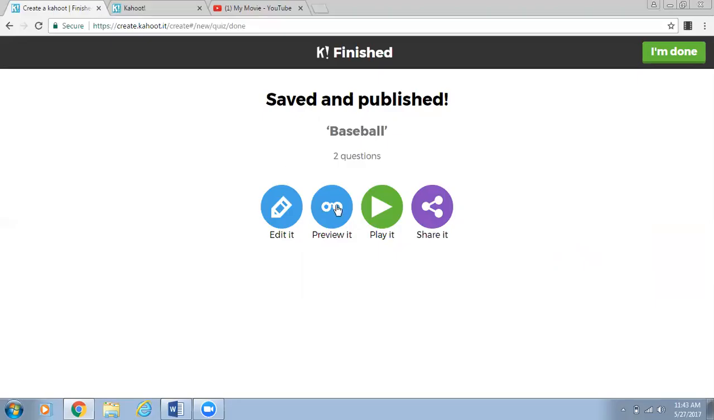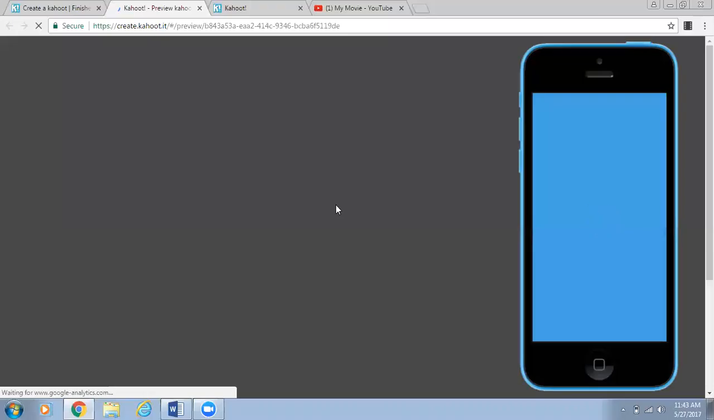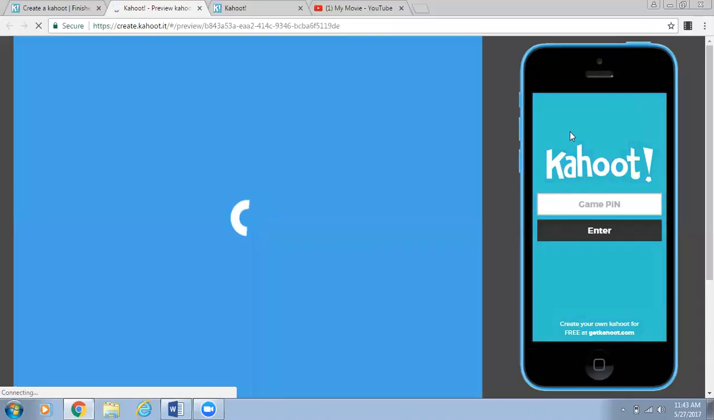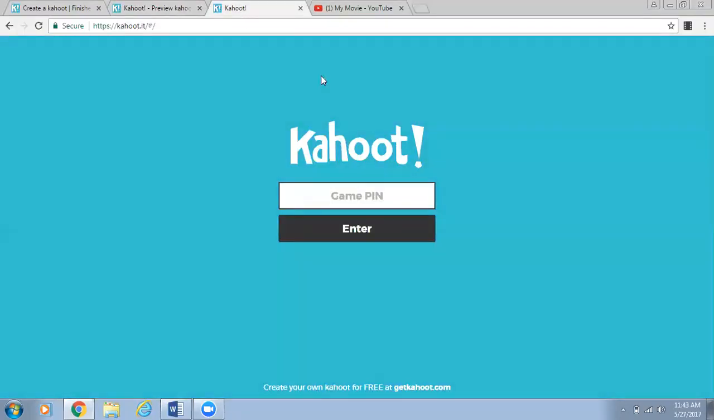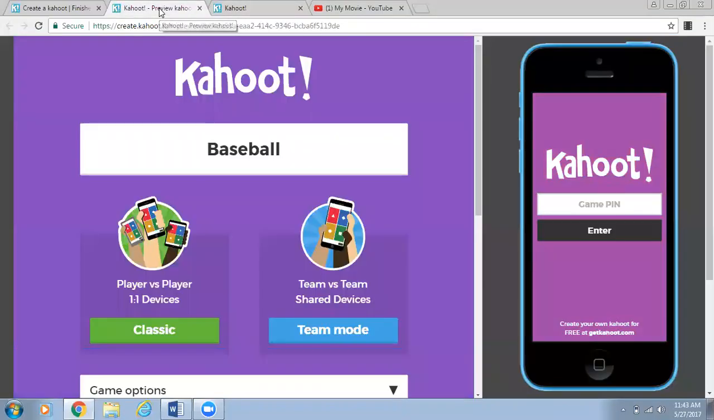Now I'll show you the preview. Again, you can see it's showing you the phone. If your students were to be using a phone, this is what it would look like. I showed you this screen earlier. Right here, if you're using a computer, this will come up and it's asking you for a game pin on the phone or on the web page. So the students will be logged into kahoot.it and they'll be on this screen to the right waiting for the